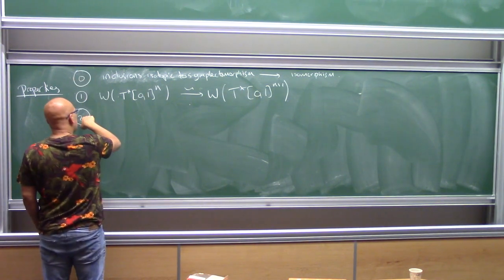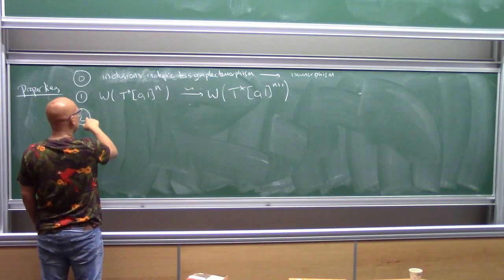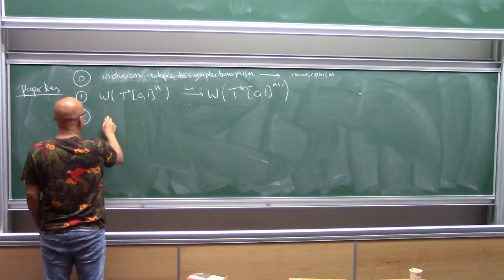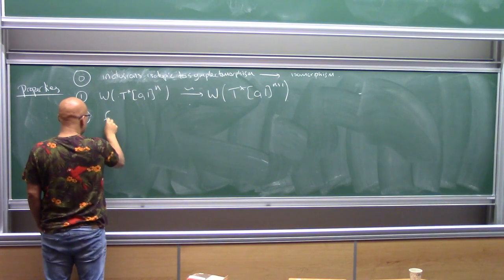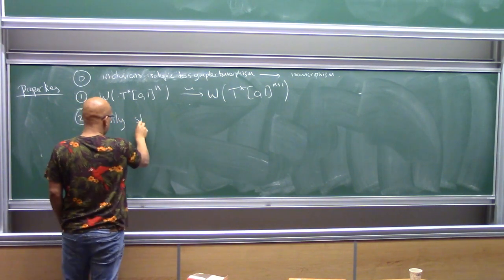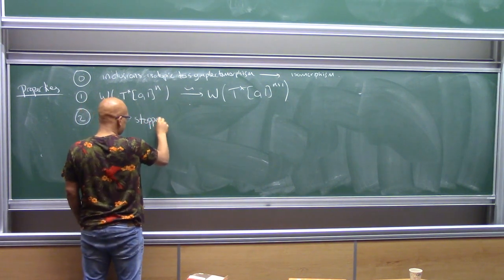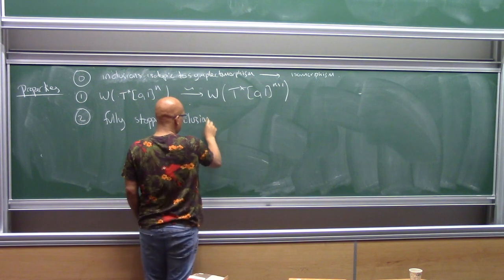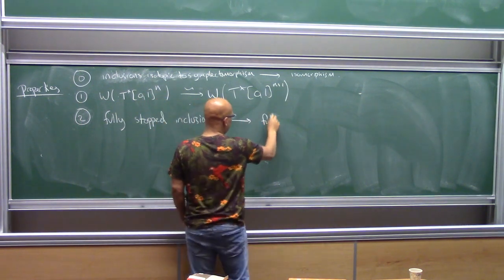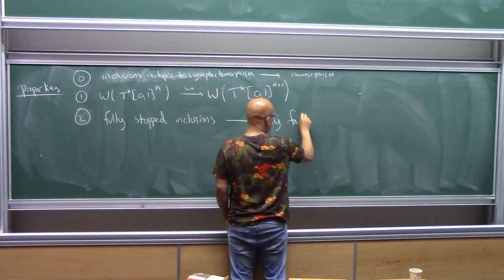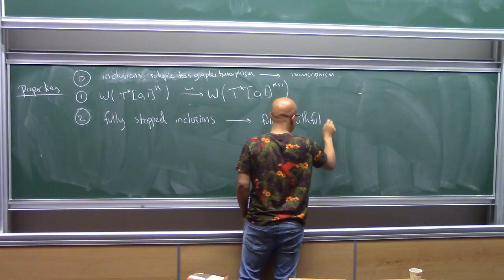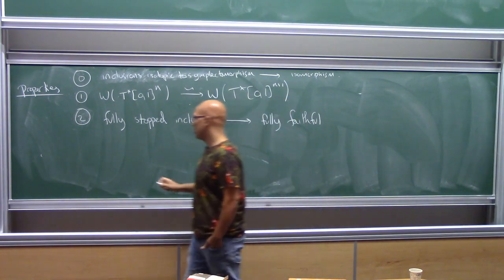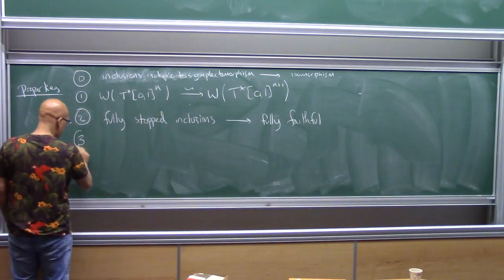Okay, so 2 is that fully stopped inclusions, I'll explain what this is, go to fully faithful morphisms. 3